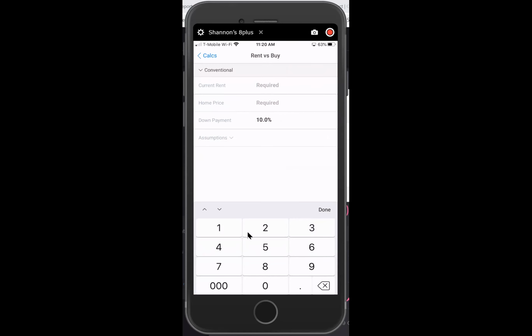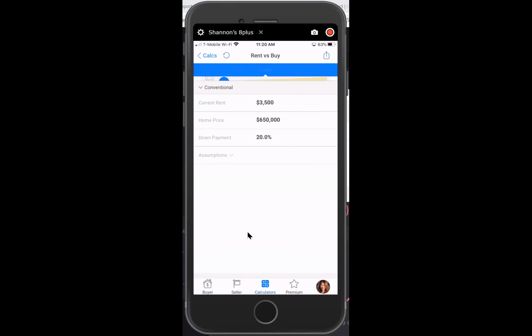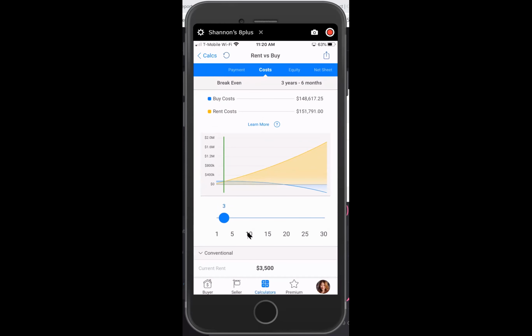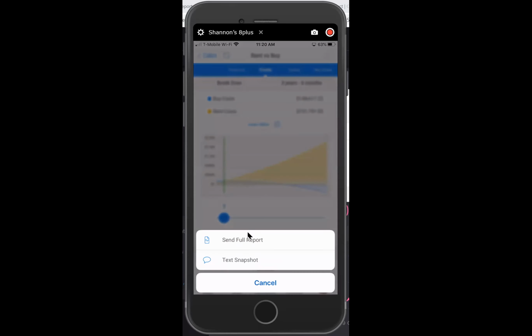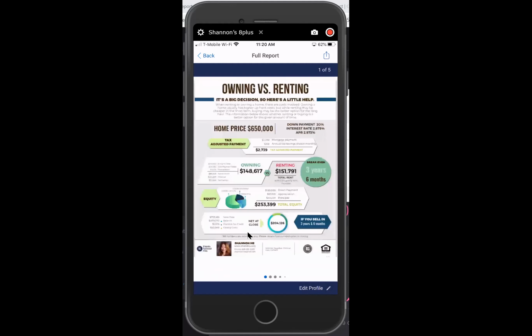Let's see, we have rent versus buy. Just quickly, current rent, let's see, 35, and the house is 650. And if you put a down payment, let's see, 20% down. Oops, sorry, 20% down. And then you just hit compute, and the system will automatically generate rent versus buy data for you. So you can post it to your